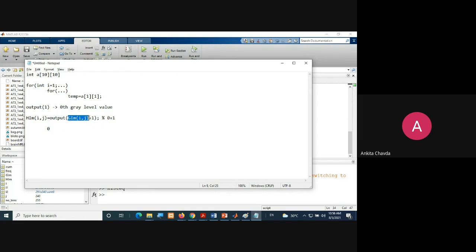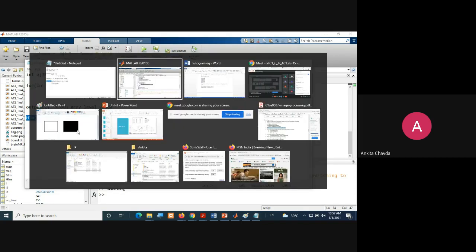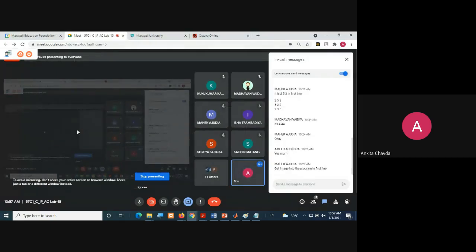GIM of ij, whatever it is, whether it is 0, whether it is 1, it is stored at +1 somewhere. So I'll do this +1. So I'm taking this index over here as your output of this, right? So in output of this, whatever is stored, the new intensity, that I'll place into my output image. That's what I have explained. I hope now there is no doubt, Mahek. Clear, ma'am. Great, good. Fine, then start working on this program. Do it.